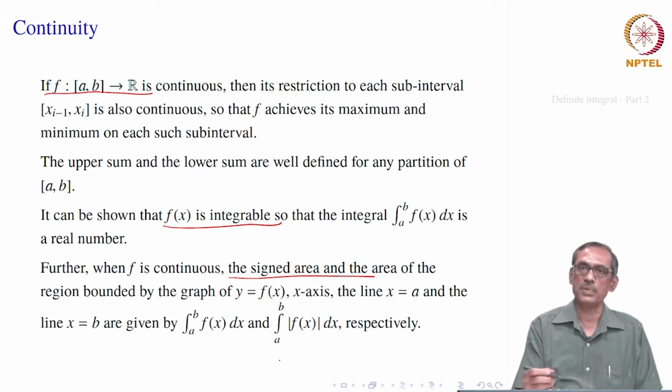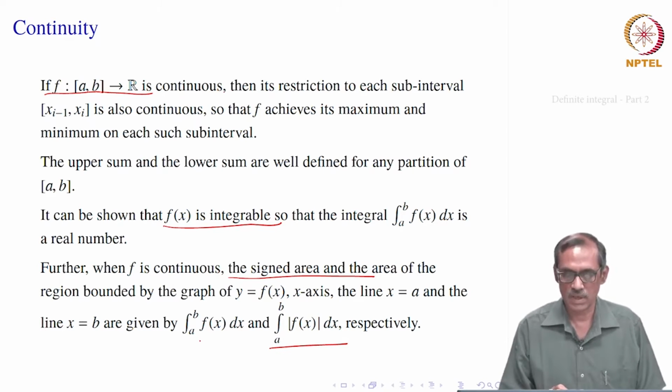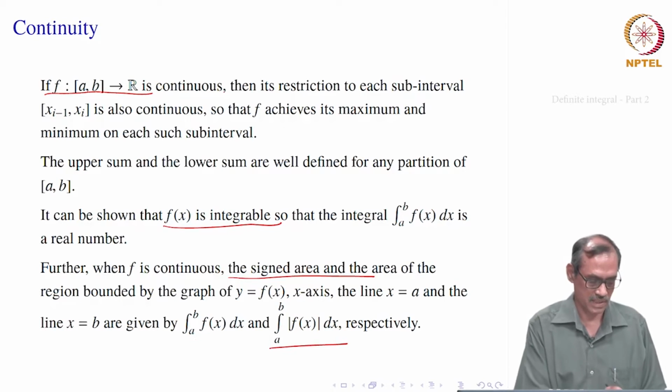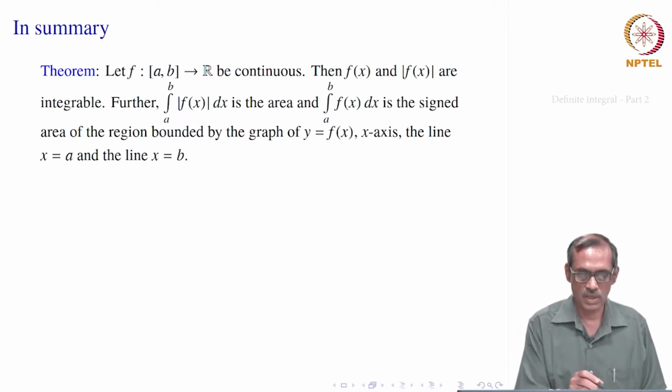So, when you go for computing the proper area, the geometric area, that will be integral a to b mod f x dx. That also should exist, because they are just signs. So, you can compute them and add them together after taking the absolute value. So, this is the basic idea of the area and integrability. We will see what it means. Our result we can state now.